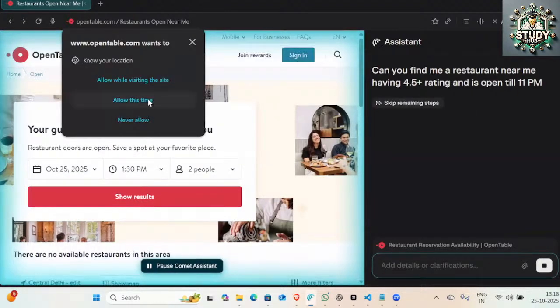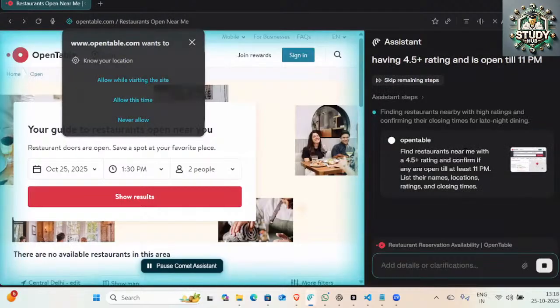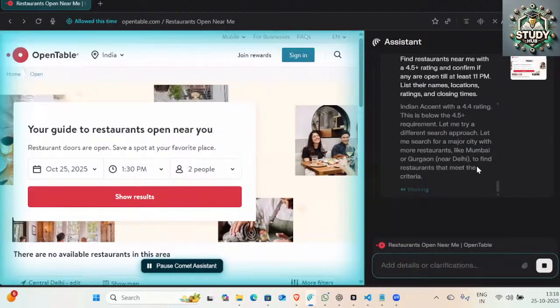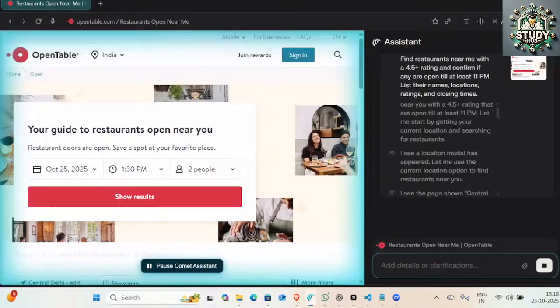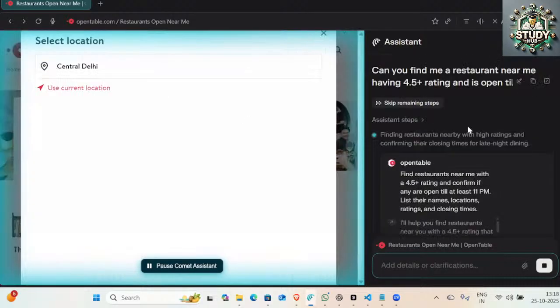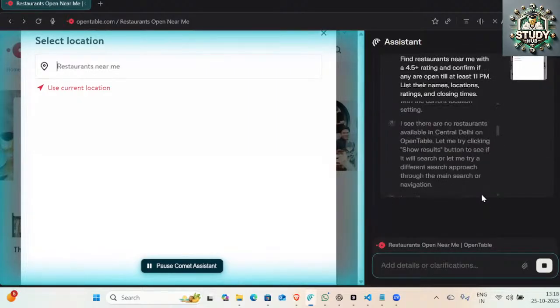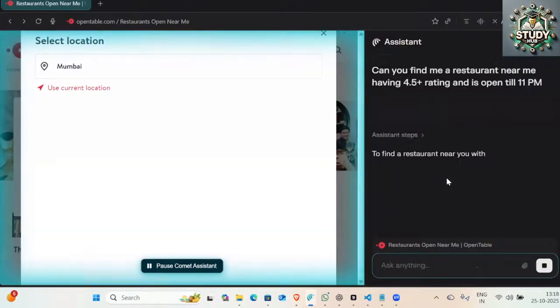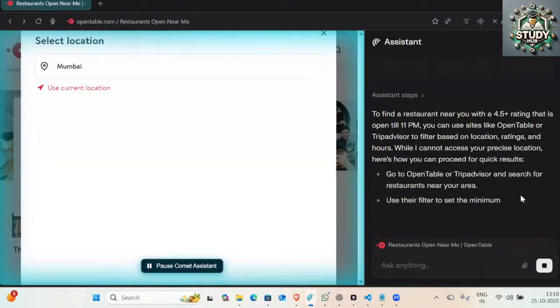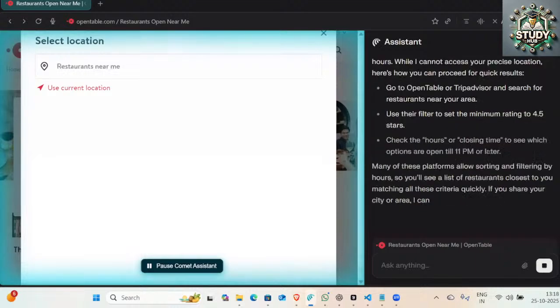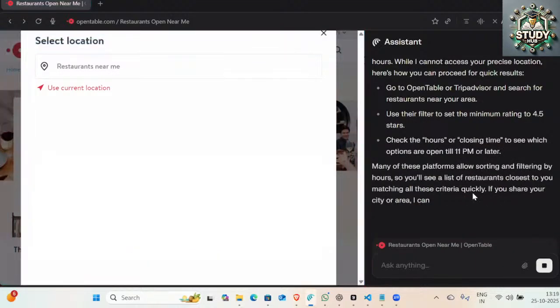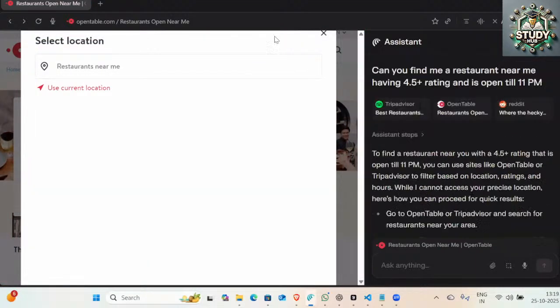Okay, no, allow this time. Okay, I got my response, I think. Now it is still working. So yeah, let it finish. It will open a tab. It will go and do all the things for me. Let's skip the remaining steps in the interest of time, right? So it will take some time and give you all the output. And I will get my entire links to be here. Right, so I just paused it, but yeah, you will get the entire restaurant links once it is done.